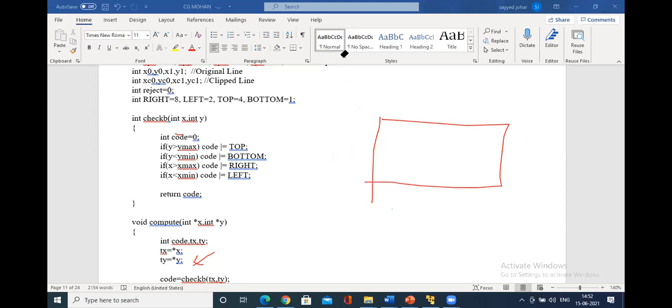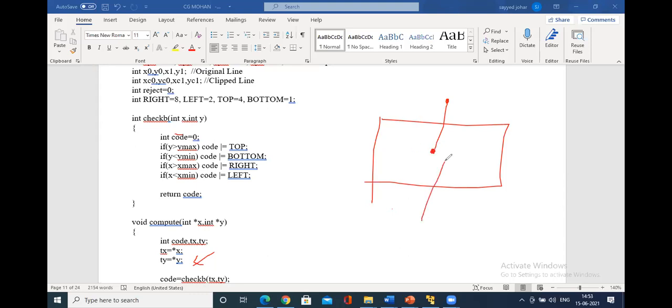In the case, if you have the case such as this, all right. So what happens? Cohen-Sutherland will compute the AND operation for x0, y0, x1, y1. It does the AND operation. So how do you compute the AND operation? It computes over here. That is, check individually for x0, y0. So x0, y0, which position is it? It is at the bottom. How do you identify? That is by computing here with initialize code and with this exclusive OR operation that you are going to do to identify where this line particularly falls, right?